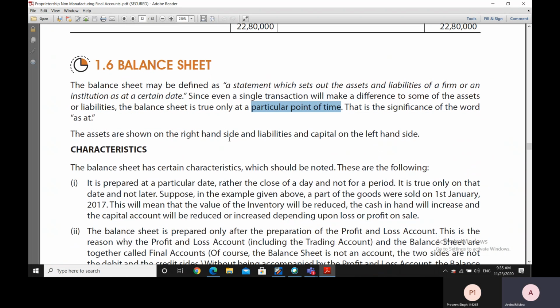Now, assets are shown on the right side of the balance sheet and liabilities are shown on the left side of the balance sheet. Normally, we don't call them the credit and the debit sides, particularly for the reason that those amounts which are on the right side have debit balances, and those on the left side have credit balances. The system gets overturned here in the case of a balance sheet, because by convention the debit balances are shown on the right side, and the credit balances are shown on the left side.